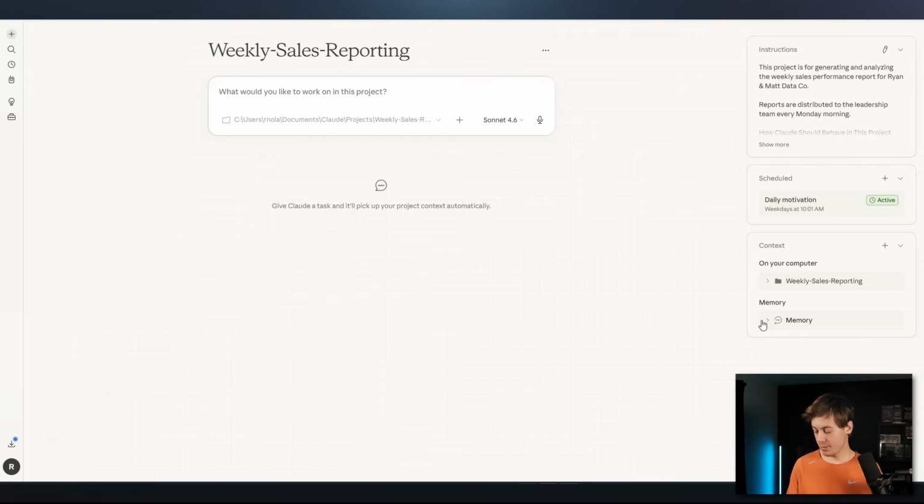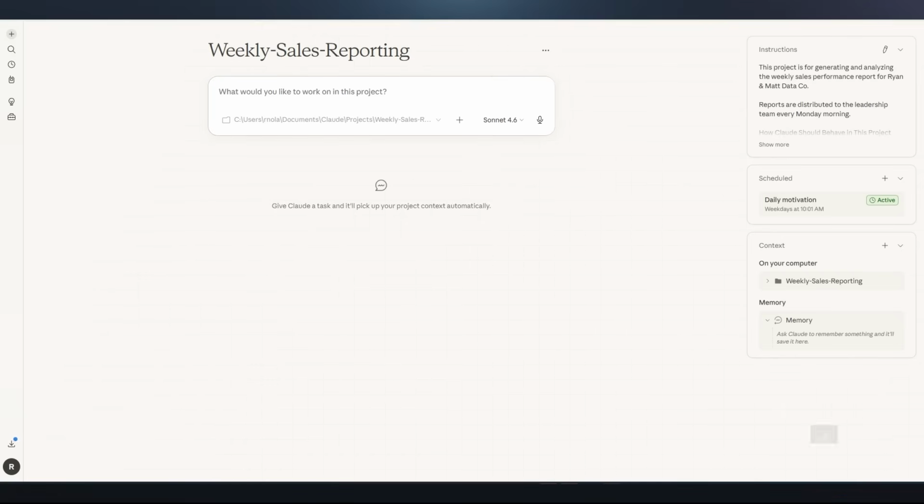And if you click on the memory side of things, you can see it says ask Claude to remember something and it will save it over here. So I want to show you that directly. And I'm going to just write this over here. I'm also going to just make this a full screen so that way I'm out of the way. And here we go. I'm going to write over here, can you save in memory